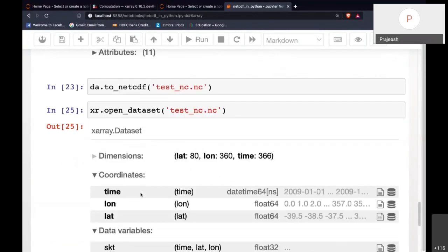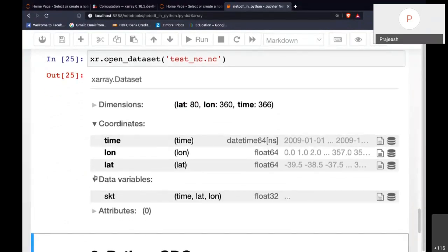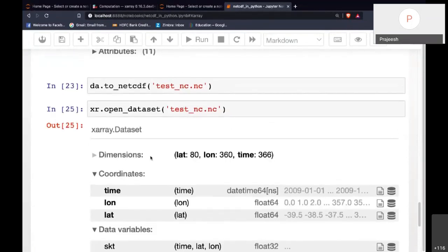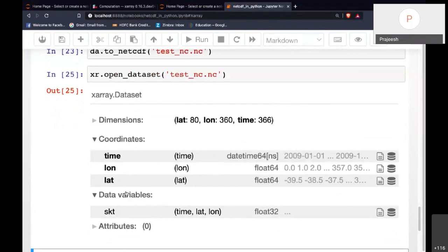So yeah, you can see that I wrote a data array into a netcdf, and it writes all its attributes, also coordinates, and all metadata is also available.